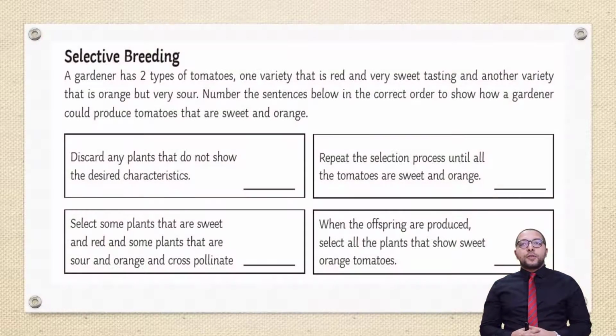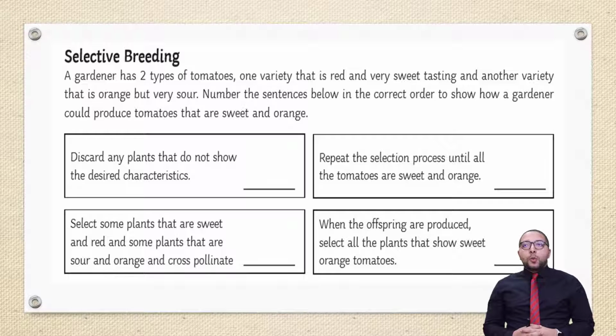The first question of the selective breeding is the following. A gardener has two types of tomatoes. One variety is red and very sweet tasting, and another variety is orange but very sour. Number the sentences below in the correct order to show how a gardener could produce tomatoes that are sweet and